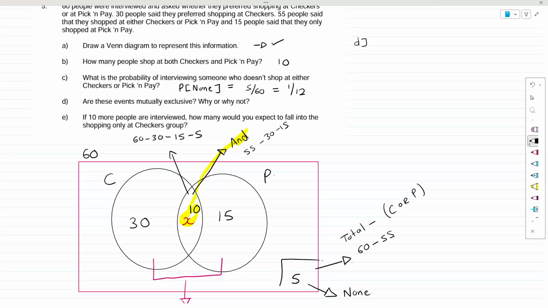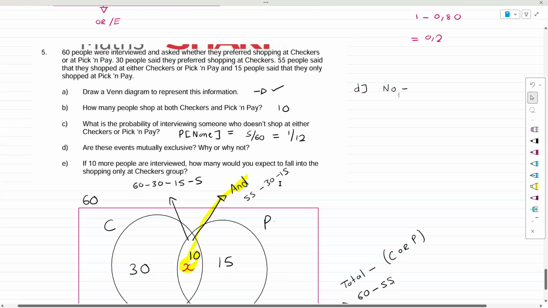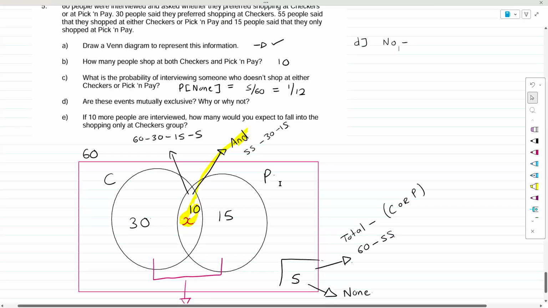For those of you that don't understand what mutually exclusive means, we're going to get to that point, but mutually exclusive means that these events cannot happen at the same time. So I don't want you to misunderstand. This question said they asked 60 people if they liked to shop at Checkers and Pick and Pay, not if they could shop at Checkers and Pick and Pay at the same time. So is it possible to like Checkers and Pick and Pay at the same time? Yes, it is. Therefore, it's not mutually exclusive. Mutually exclusive means it is impossible to do the two events at the same time. Most of the time,